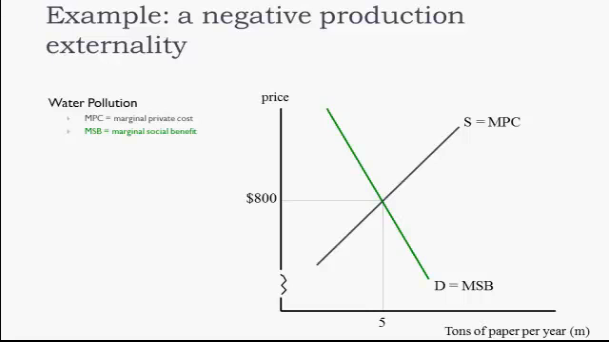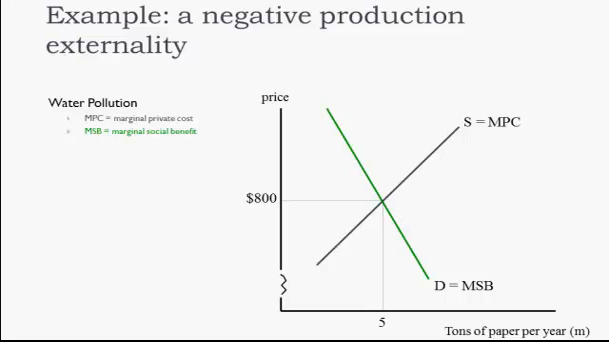Okay, in this lecture we're going to talk about externalities. Externalities can be either positive or negative. They can either be on the production side of the market or on the consumption side of the market. Probably the best way to go over and talk about externalities is to go through an example, a hypothetical